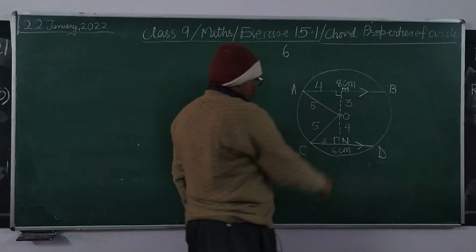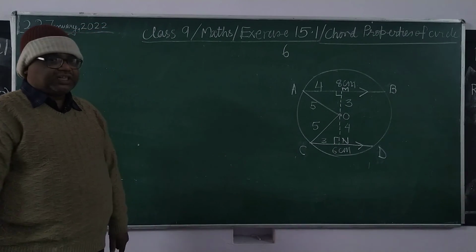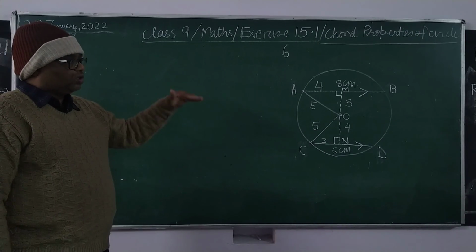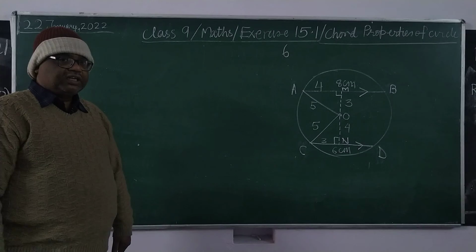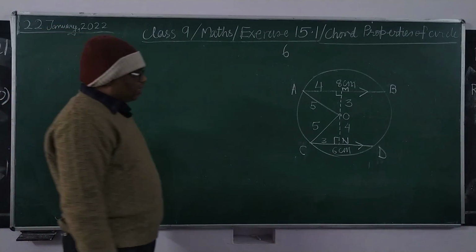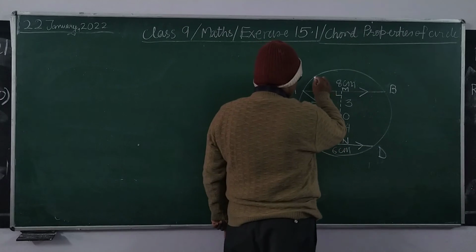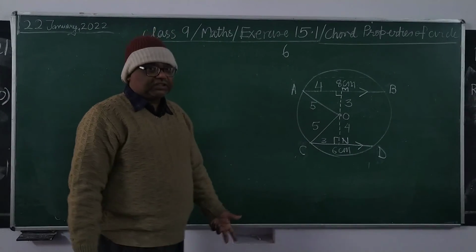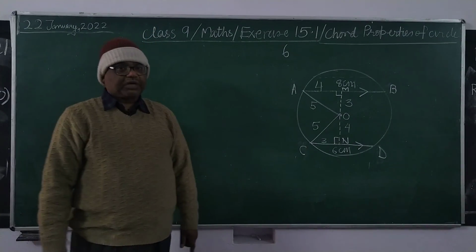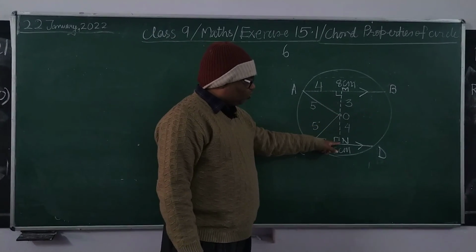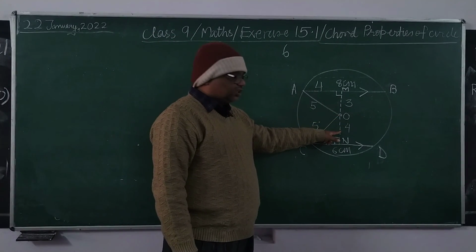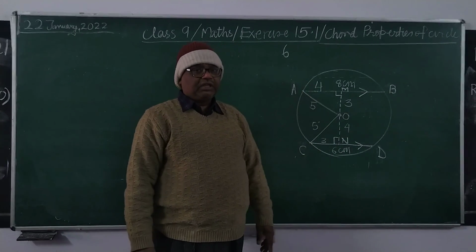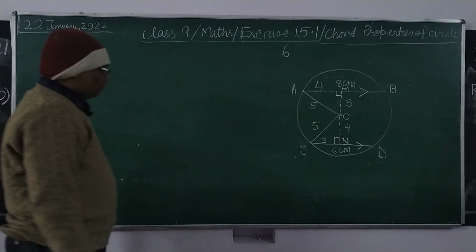So what will be MON? It will be equal to 7 centimeter. It's clear? Therefore, distance between both the chords when they are on the opposite side will be 7. Suppose if they are on the same side, then it will be equal to only this much, means 1 centimeter. 4 minus 3 equals 1 centimeter, because then one chord is at a distance of 4 centimeter, another chord is only at a distance of 3 centimeter. So what will be the distance between both the chords? It will be 1 centimeter. It's clear? So this I am writing here.